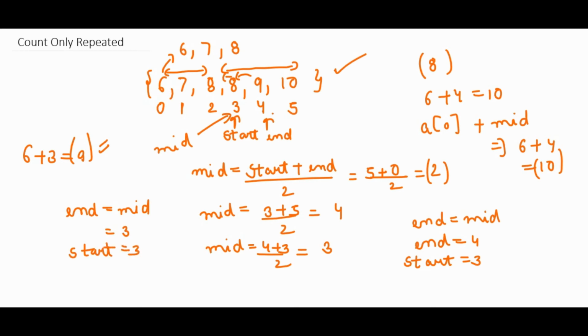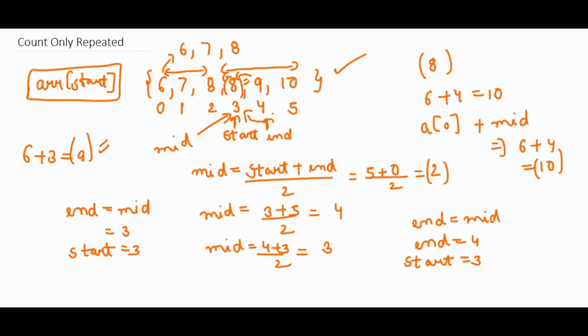So as we know the condition for binary search, as soon as the start becomes greater or equal to end, we have to stop. So this way we will find our element which is repeating itself in this array. So here array of start will point at the element, or we can say array of mid or array of end, we can use anything, because all will be pointing at the same element in this part. So that will be our answer.